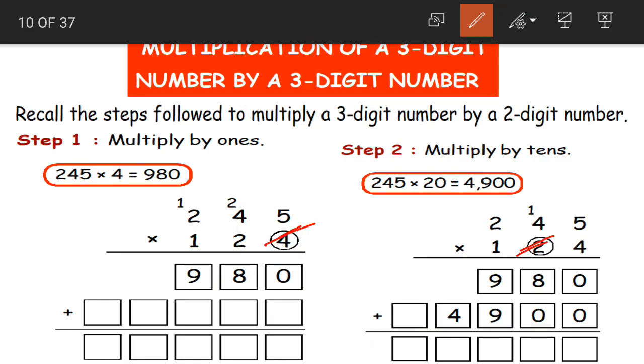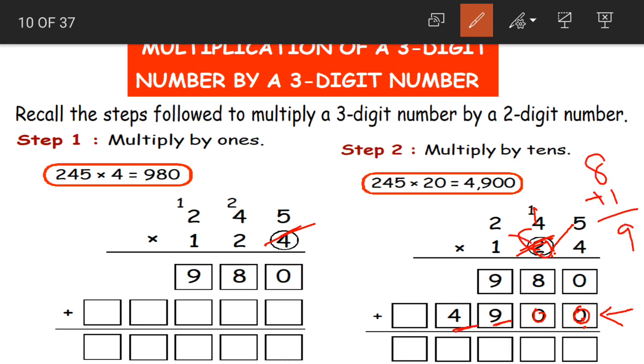Now moving on to the digit in tens place, that is 2. Now here we are multiplying with a new digit. So remember to start in a new line, and also before multiplying you must place a 0 here, 1 0. After writing 1 0 we should start multiplying. 2 5s are 10, 0 here, 1 carried. 2 4s are 8 plus 1 becomes 9. So 9 written here. 2 2s are 4.